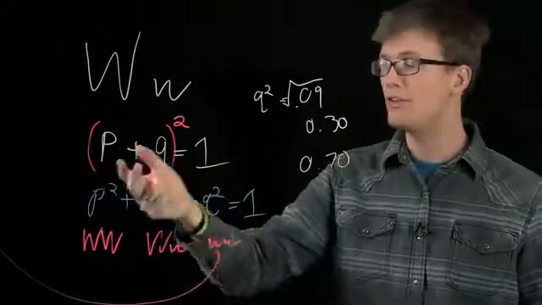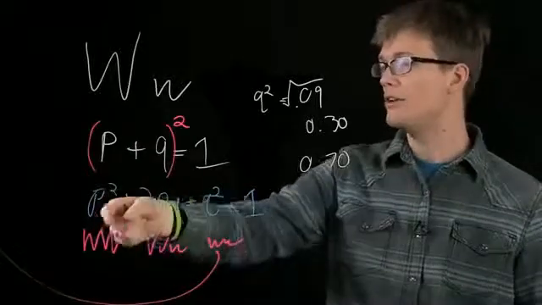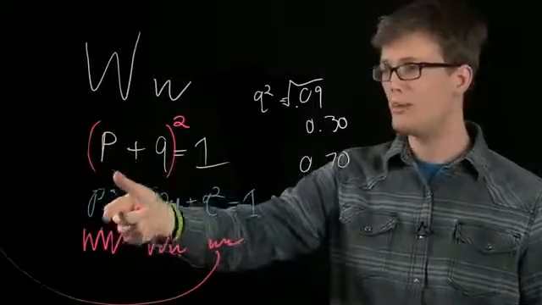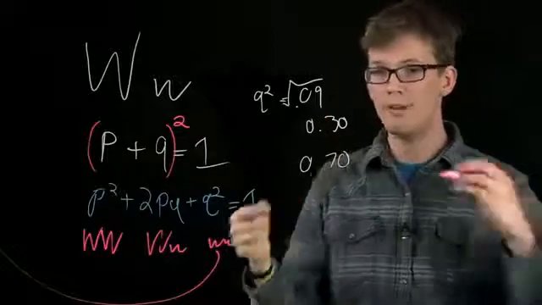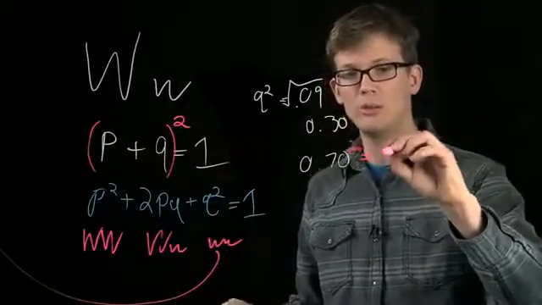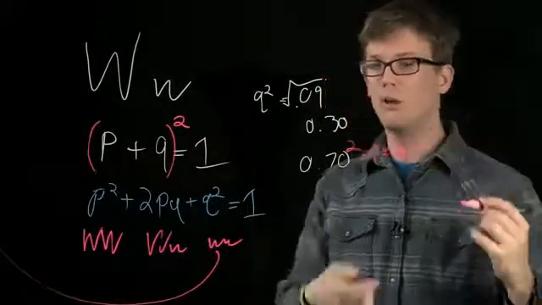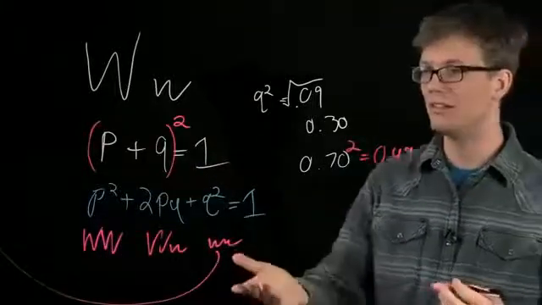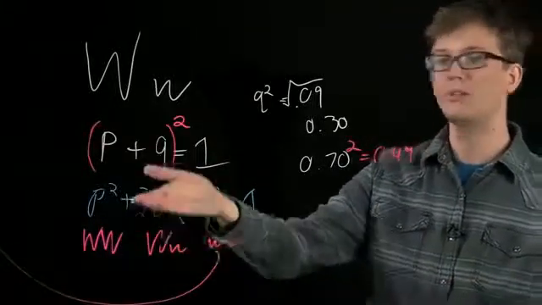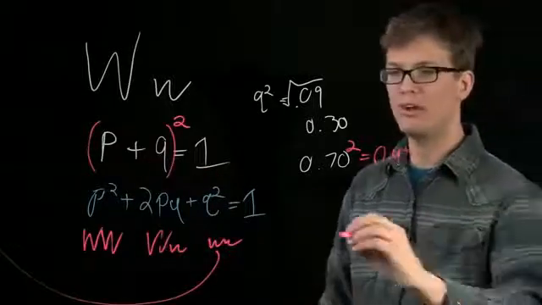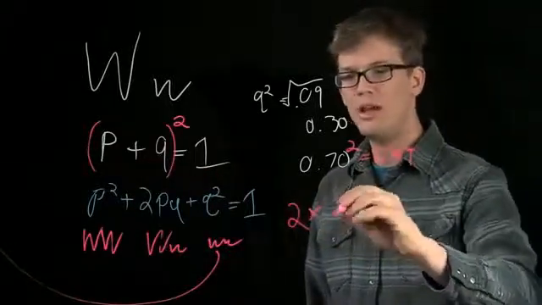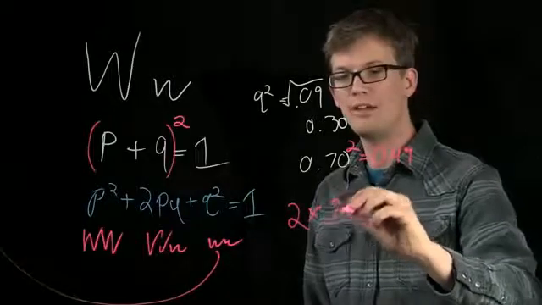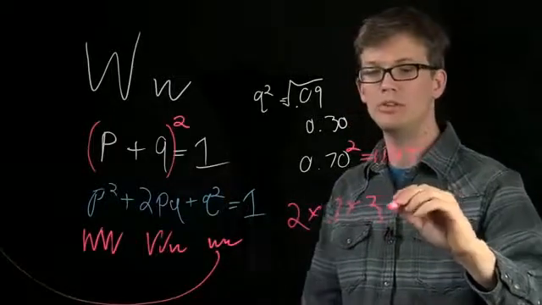Now, using our Hardy-Weinberg equation, we can go beyond the frequency of the alleles and actually talk about the frequency of the genotypes. So the frequency of the WW homozygous dominant is the p squared. So we have p, so we just have to square this, and that equals 0.49, or 49% of the population is homozygous dominant. And now the math gets even easier because we know p and q, so to figure out how many heterozygotes there are, we just do 2 times p, which is 0.7, times 0.3, which is q,